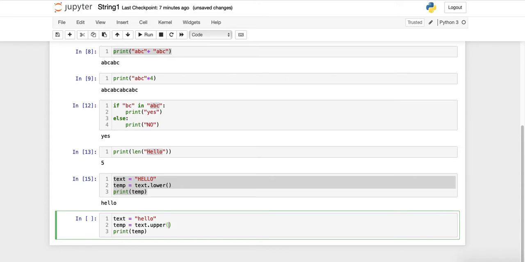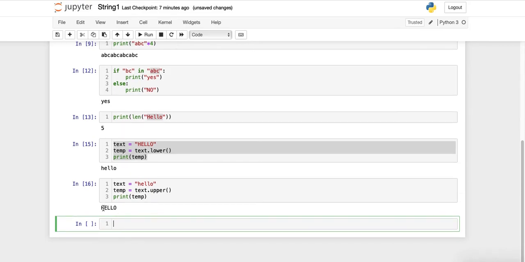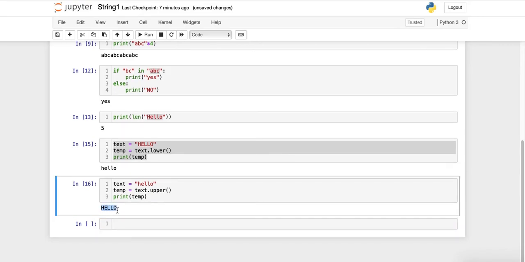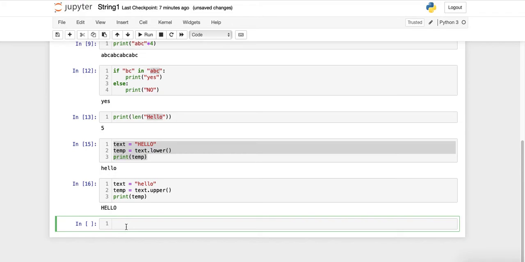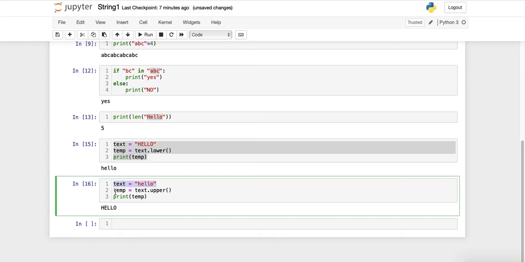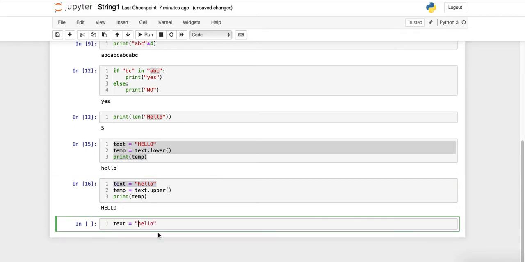So dot upper, if we print that, all the characters are in uppercase. Similarly, there is also an important thing that we need to know, the strip function. What does strip do? Strip cancels out the empty spaces on the left or right of a given string. Suppose take this again. If we have some empty spaces in front of the string, at the beginning of the string,